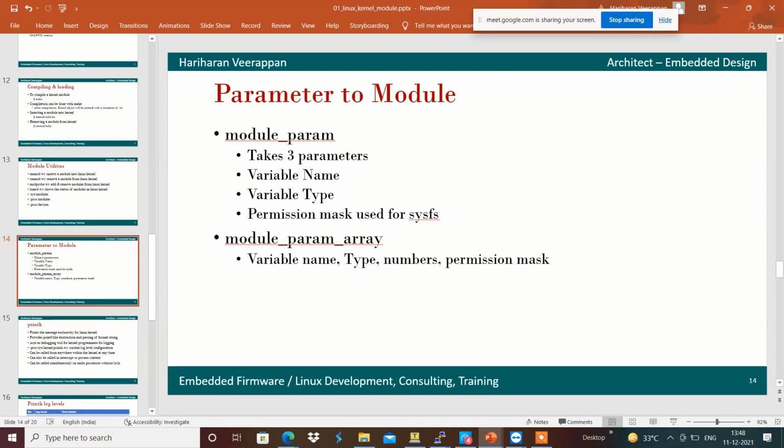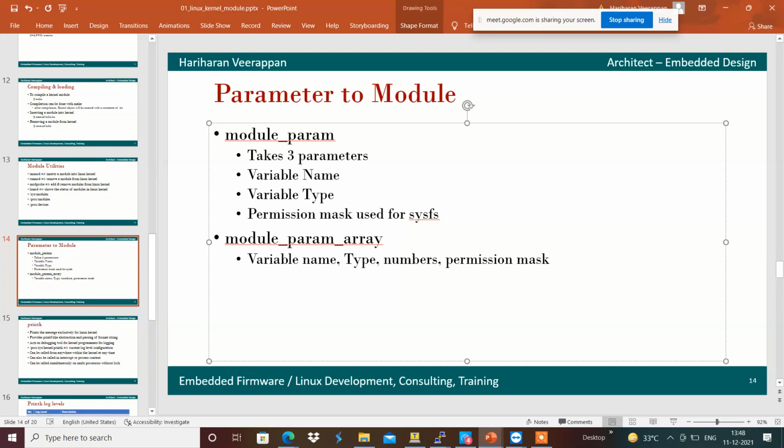For example, module_param takes three arguments: a variable name, a variable type, and a permission mask used for sysfs access, which we will see. In the same way, module_param_array has a variable name, a type, and the number of array elements that we can provide, and a permission mask.